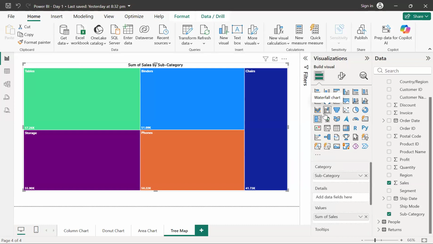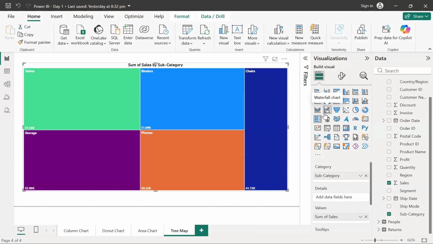So we are getting the sum of sales by subcategory, and this is a very important chart in a case where you have more subcategories. Right now you just have five subcategories, but you may get a data set where there may be 20 or 15 subcategories. In that case, a single column chart probably cannot help you to analyze the entire objective or the entire insight. And definitely in that case, the tree map will be more useful.